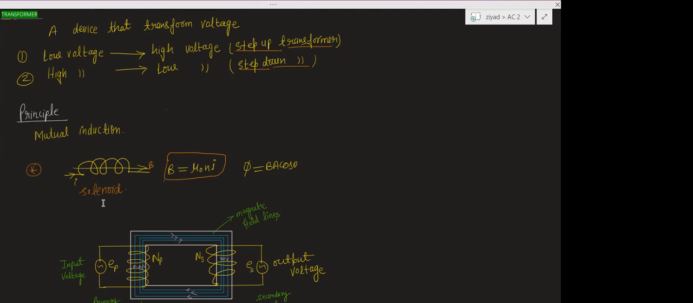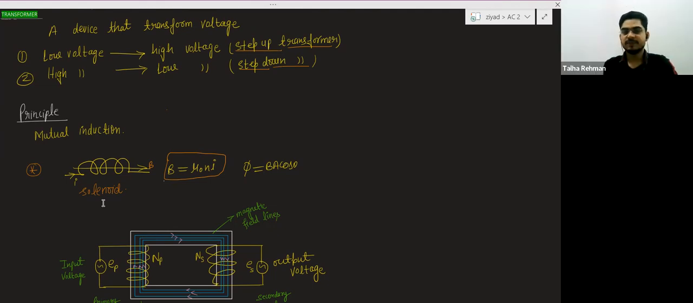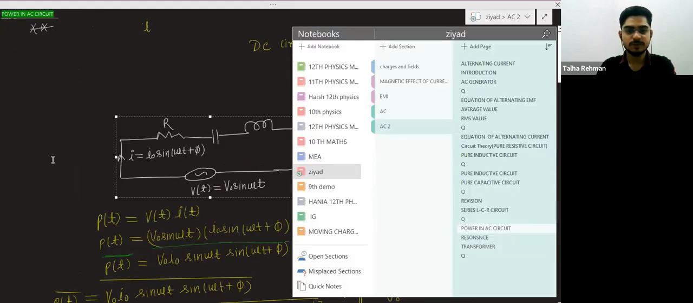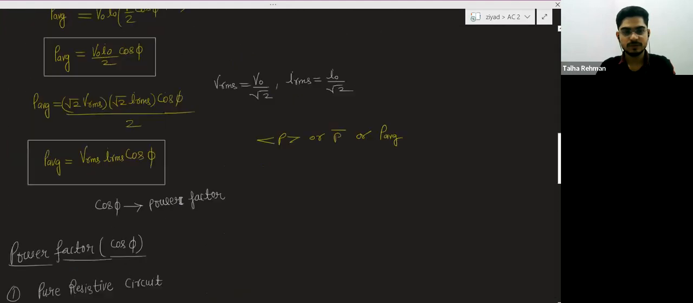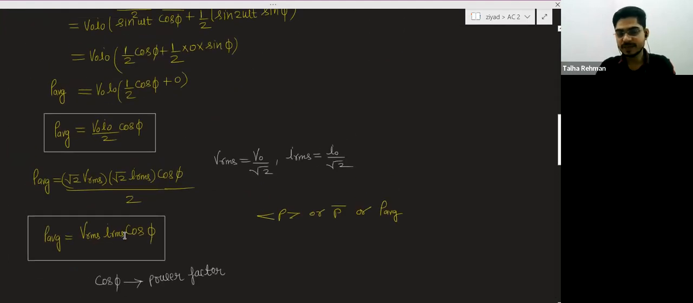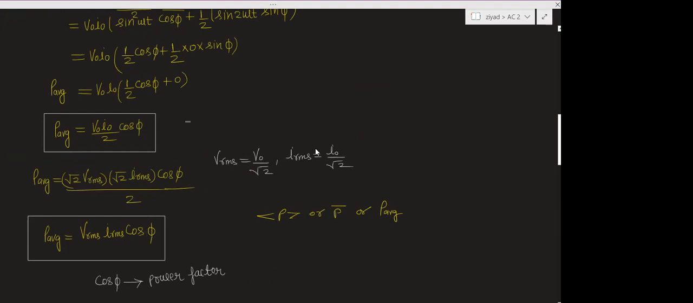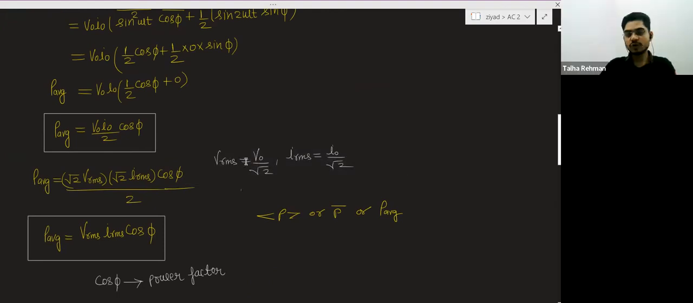What is the formula of the average power in an AC circuit? Power in AC circuit is given by this. I told you, na? V RMS, I RMS, cos phi. What is phi here? Phase difference. And remember this also: V RMS is equal to V naught by